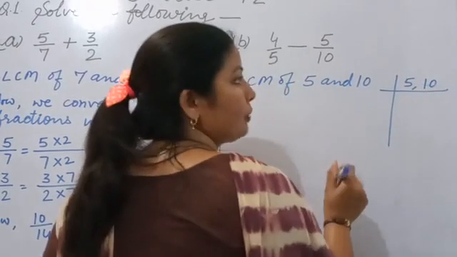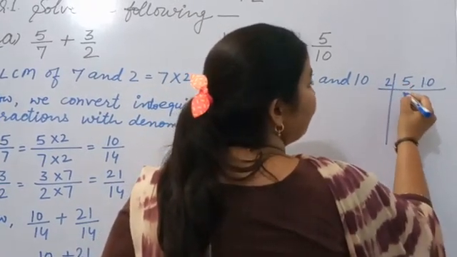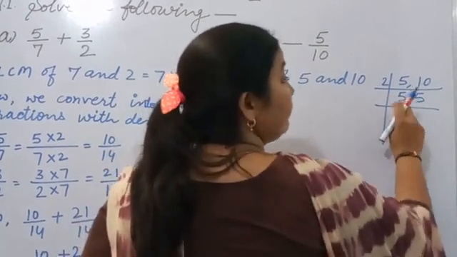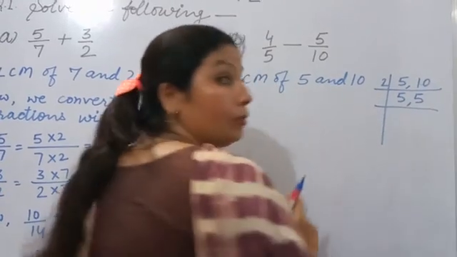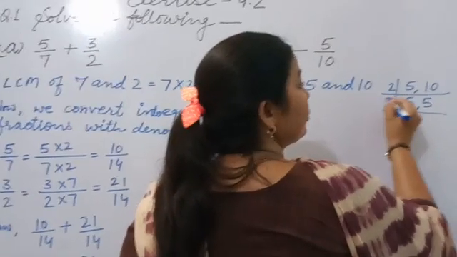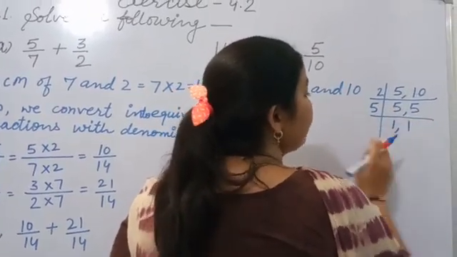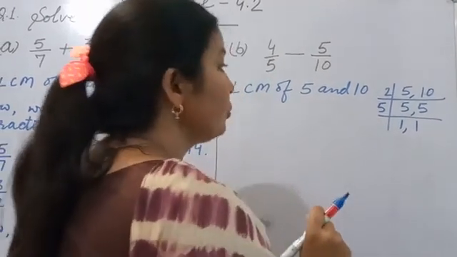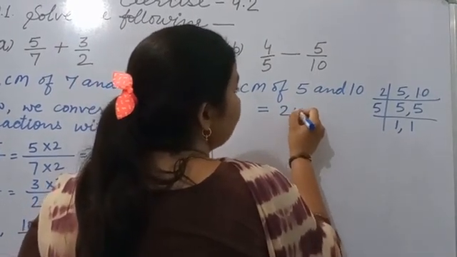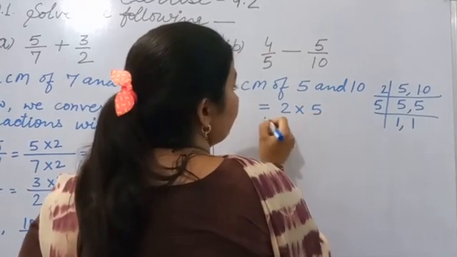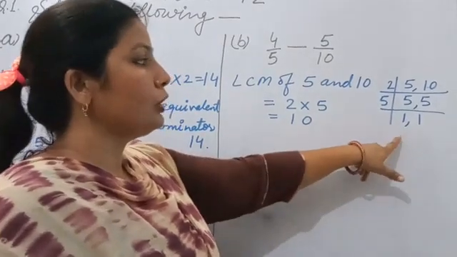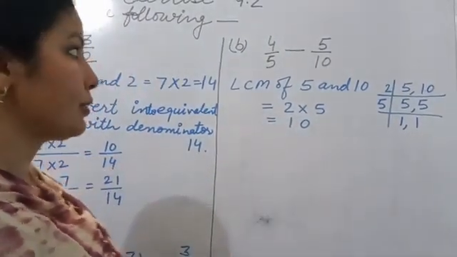10 comes in the table of 2, so first of all we will take 2. 5 will be as it is. 2 fives are 10. Now both are 5, so they will come in the 5 table. I told you that when it is the same number, we will take it common. If these are different primes, then we can leave them. But there is 5, so we'll take 5 common. 5 ones are 5. 5 ones are 5. Now it is finished. Okay, so take care about that. Now the LCM of 5 and 10 equals 2 multiplied by 5. Because there is 1, 1, no need to write this. 2 multiplied by 5 equals 10. So our denominator is 10.